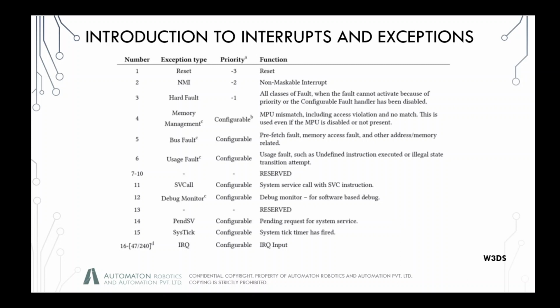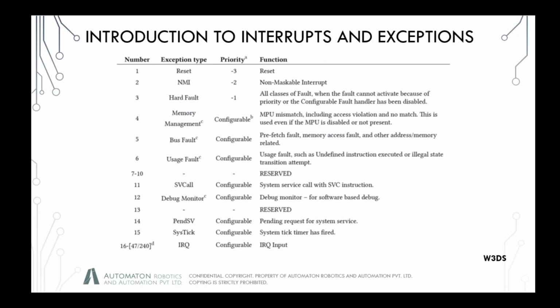Then you have the hard fault, and it is basically a generic fault exception. It is generally related to software interrupt. Whenever there is some kind of fault, one very important kind of fault is maybe a bus fault, or sorry, bus fault is a separate exception. Whenever there is a code error, there is maybe something like a divide by zero error, which is not caught by a compiler. If you have set the optimization level to 0, there is going to be a hard fault inside it. Of course, to get out of the hard fault, you have to fix the code or just do a reset. Again, reset has the highest priority. Whenever in doubt, just reset.